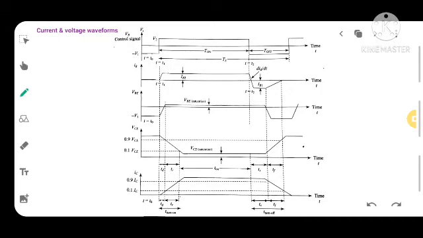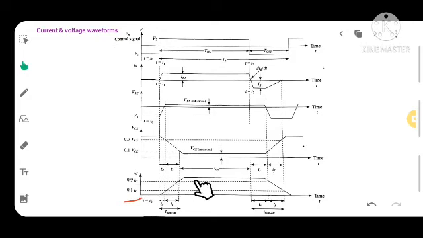Similarly, let us try to understand what is rise time. The rise time, you can see here, is the time required for the collector current IC to increase from 10% of IC, you can see 0.1 of IC is written here, to 90% of IC.